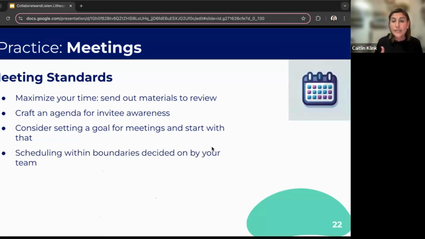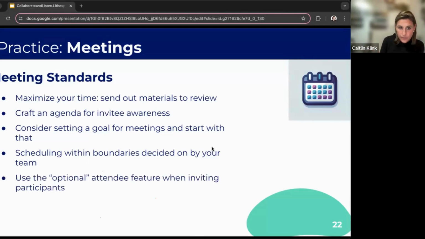Schedule within boundaries decided on by your team. So if you agree, no meetings after 5, you don't hop on a meeting after 5. Now, granted, it depends on who you are. If the CTO sends you a meeting invite for 5:15, you're probably not going to say, no, I can't, that's outside my working hours. Although in Australia you can. But as a team, if my teammate sends me a meeting, then I might say, hey, can we catch up about this tomorrow? That's kind of outside my scheduled working hours.